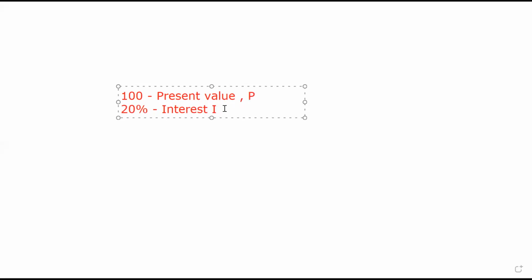Then it is a project, so it must have a lifespan, and the lifespan is the number of years,